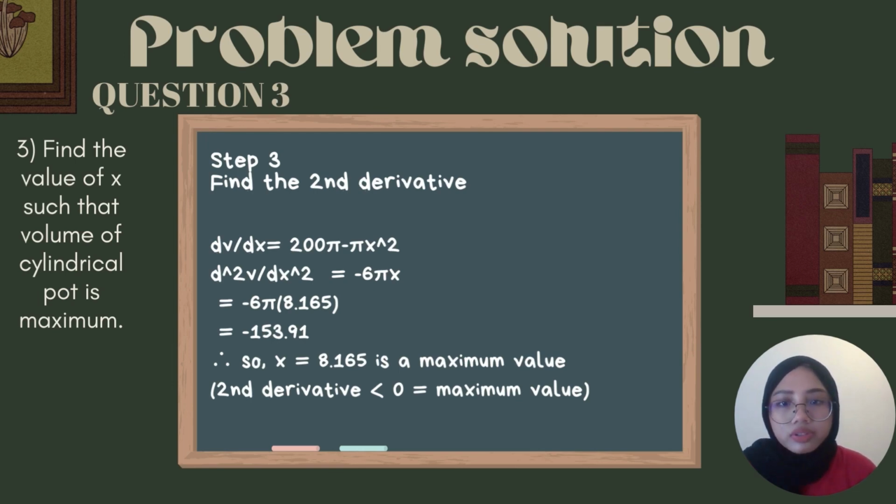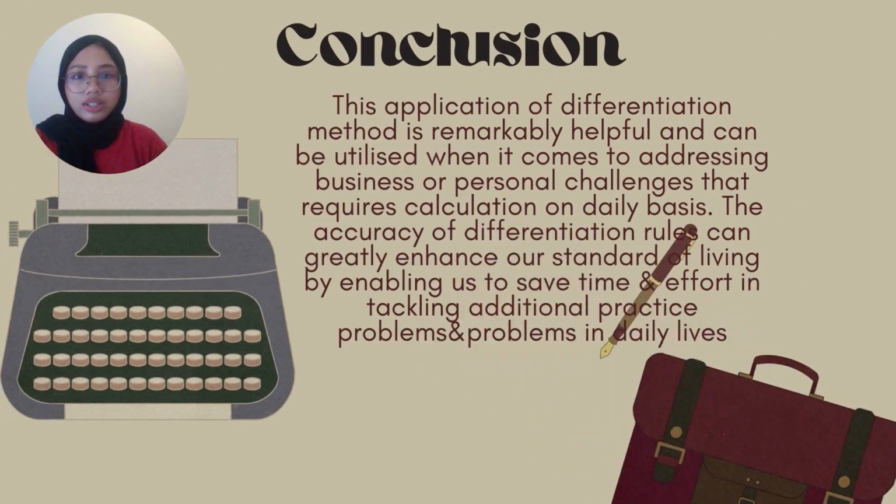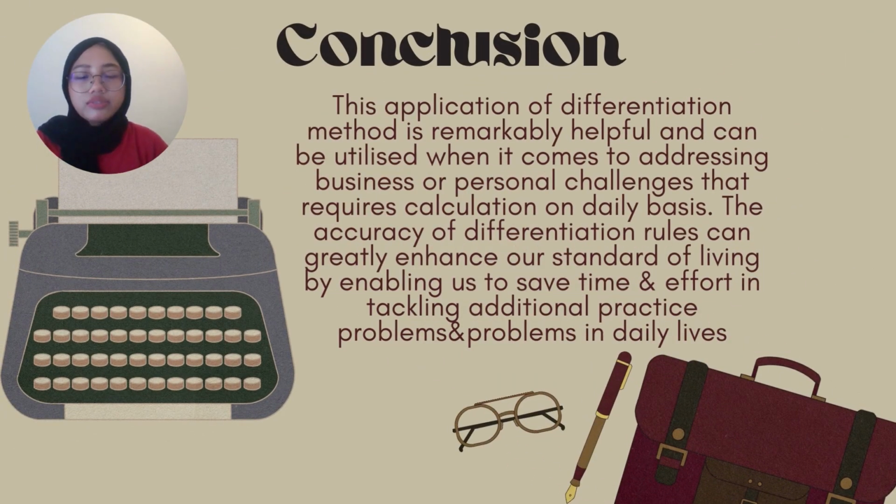Why? Because from the second derivative, we get a value less than 0, which shows us that it is a maximum value. But if from the second derivative step we get a value more than 0, then we know that it is a minimum value. In conclusion, this application of the differentiation method is remarkably helpful and can be utilized